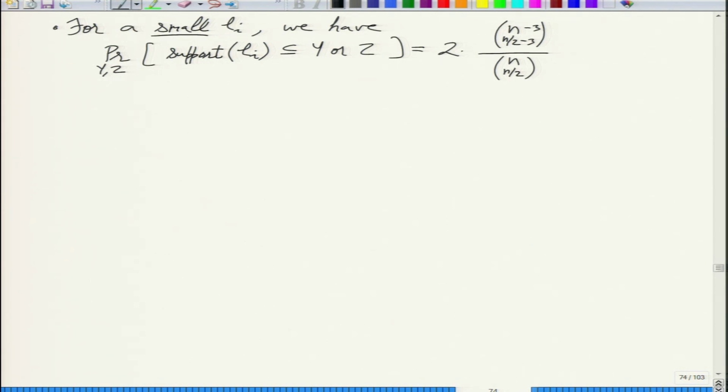x1, x2, x3 you have put in y, and then what remains is just n by 2 minus 3. So that expression works because of the total number of triples that y contains. No, but the argument has to come from this. The total number of triples that y contains. No, I don't want to erase this now. Forget this.